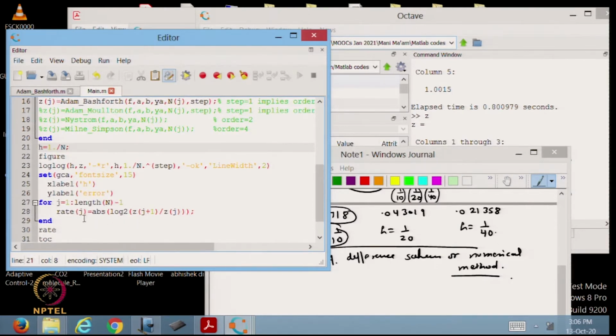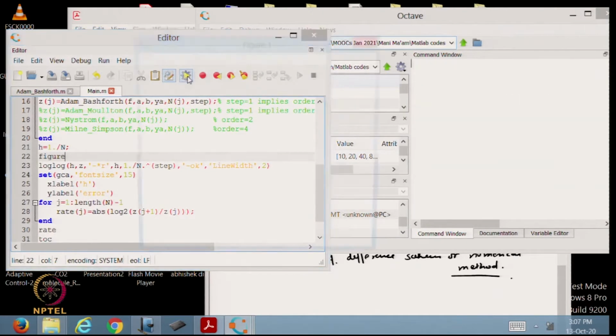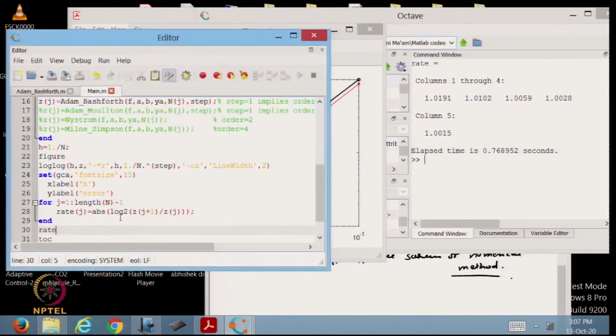So, when I run this code, you will see the rate here. So, rate is first order, which means that forward Euler method is first order accurate. That is what we have done with the absolute value of log 2 of zj plus 1 and zj.